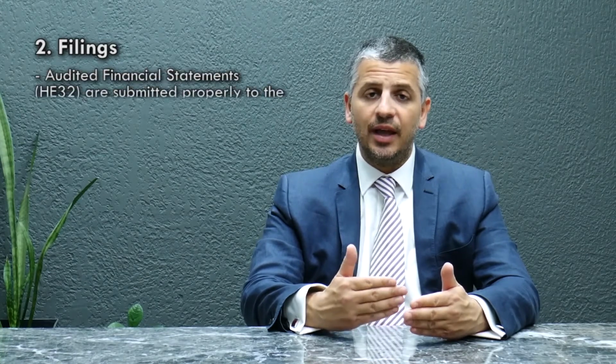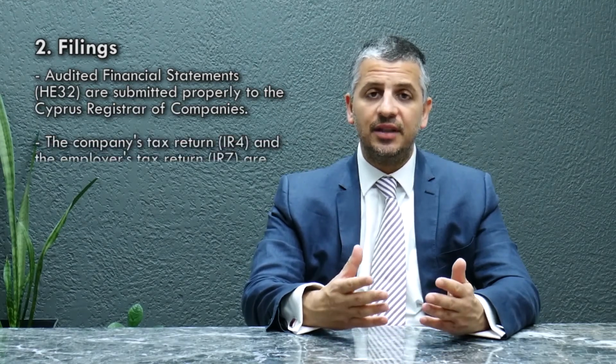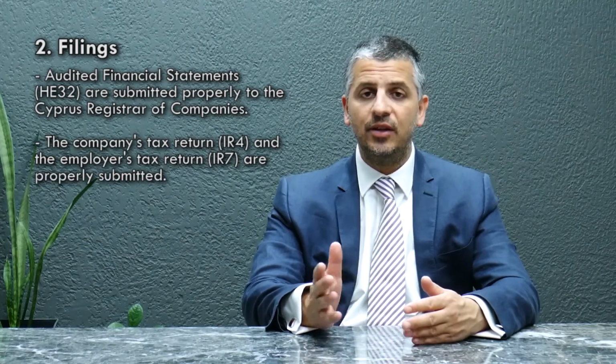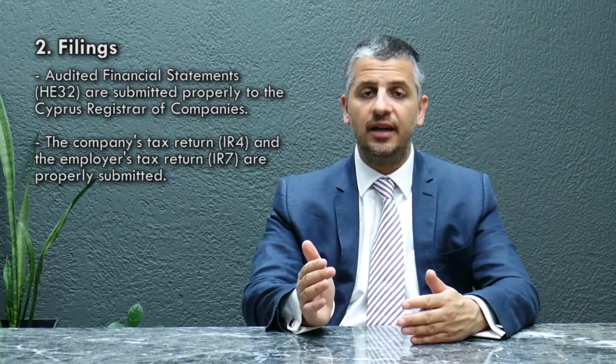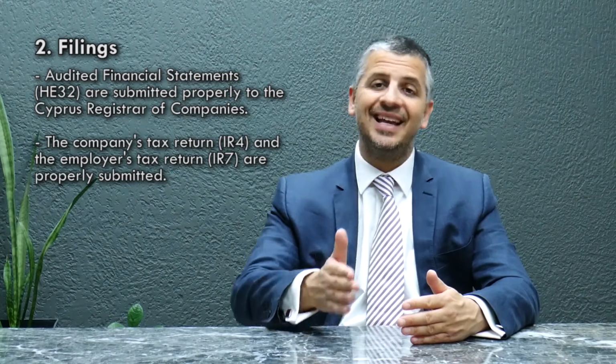Once you do this, you ensure that at least your payment of taxes are up to date, so one less worry to think about. The next thing you must ensure, so that you don't have any worries at all, is that all the filings are done correctly. So you must ensure that the audited financial statements are properly submitted to the Cyprus Registrar of Companies. This is the form HE32. You must ensure that the company's tax return, IR4, is submitted to the income tax office every year by your auditors, as well as your company's employer's tax return, the IR7, is also submitted on a timely basis each year